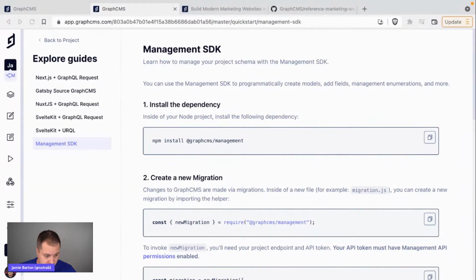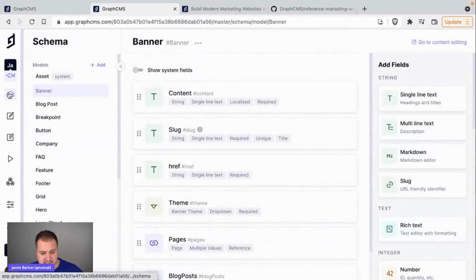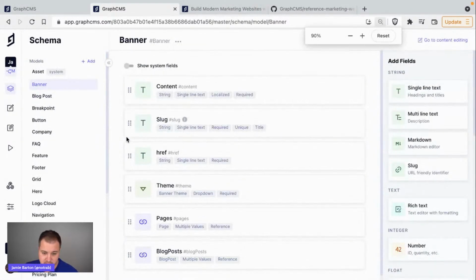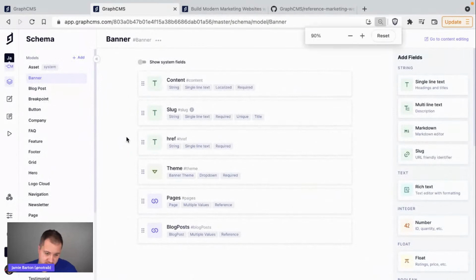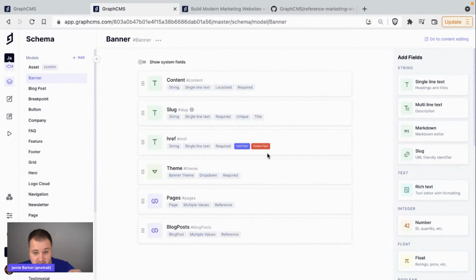So just checking a few things out here. Yep, there we go. So yeah, let's take a tour around the schema view. I'll zoom in and out where it's appropriate, and we'll have a look through everything that's here. So if you're new to GraphCMS for the very first time and you're familiar with GraphQL,